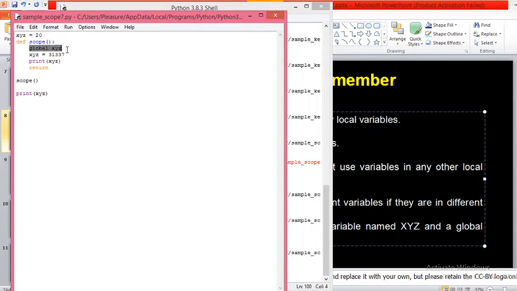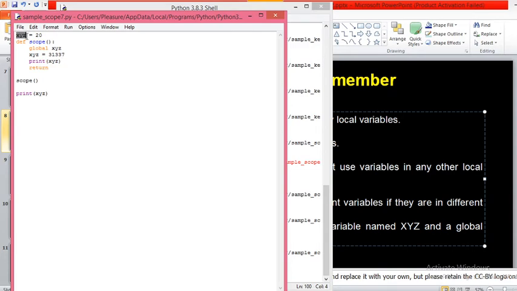So now if you write global xyz, this variable will be considered a global variable instead of a local variable, and its value will be changed to 31,337. That means now 20 will be overwritten with 31,337. Are you getting my point?